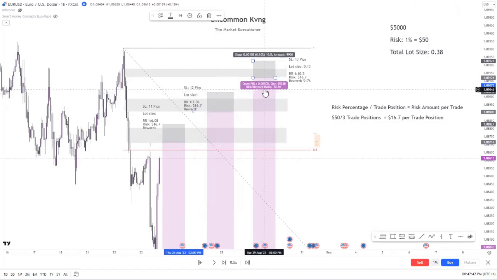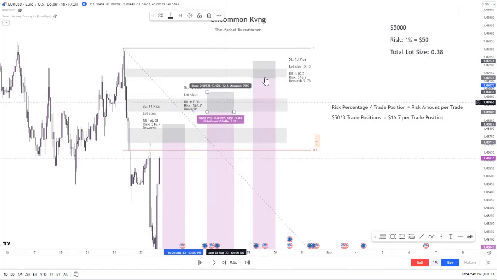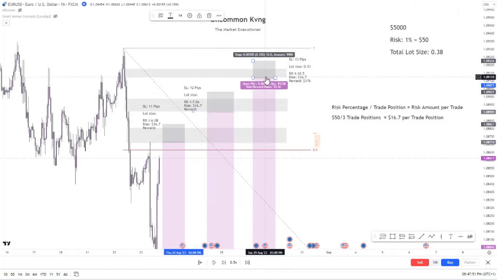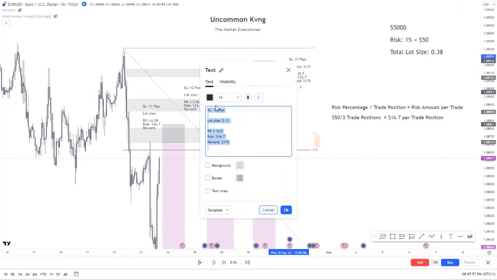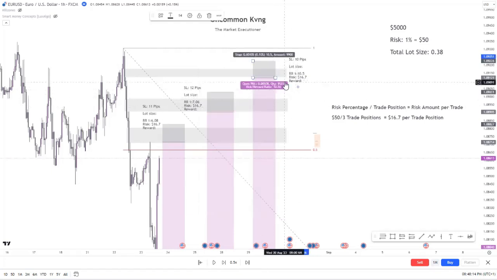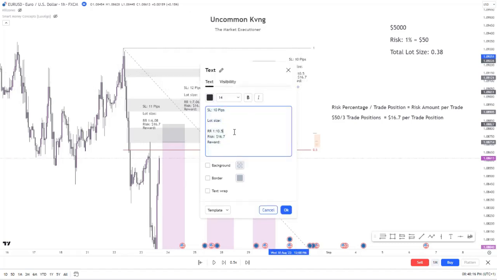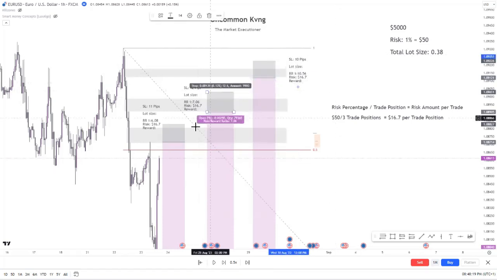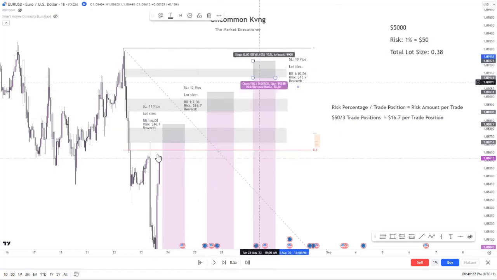For this one, the pip size here is 10. So this one is 10 pips, right? This is 10 pips. This we don't know yet. And here I think we're still working. We don't know this yet. I think we're still working with the same reward. Yeah, 10.56, right? So now we've identified that each of these positions that we're waiting for price to come so that